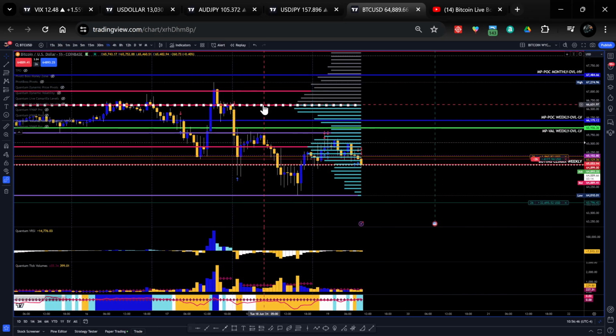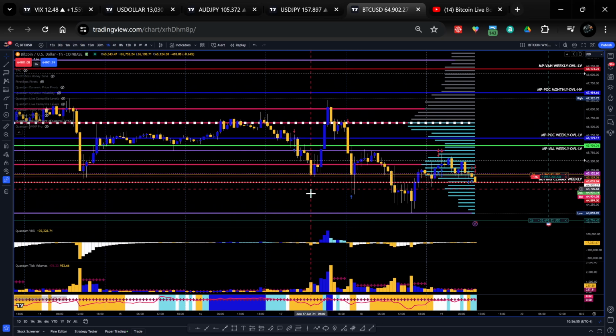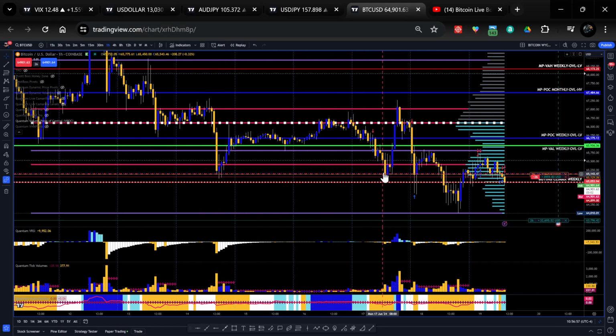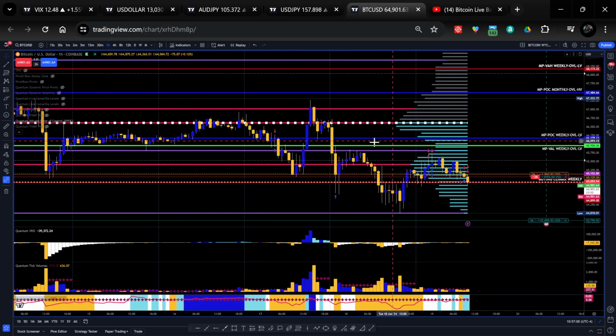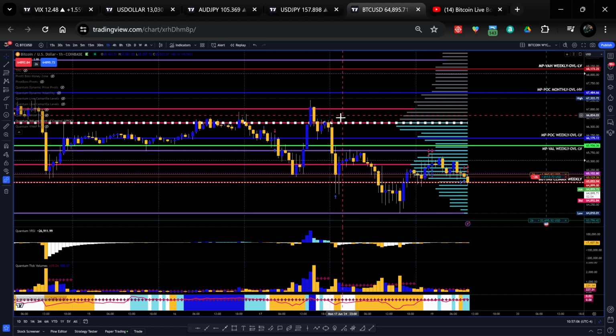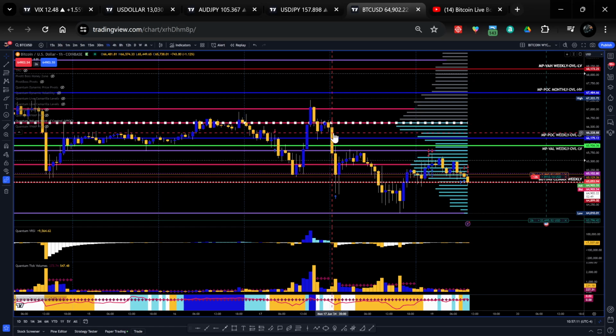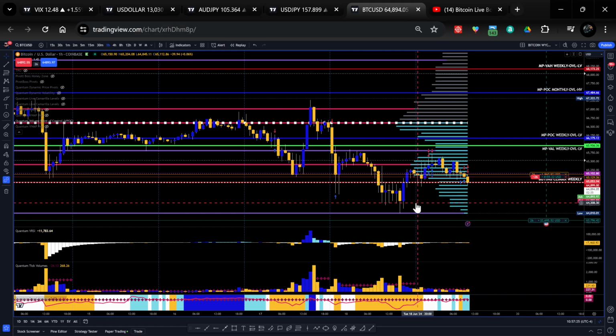You see, we have the volume point of control right up here at around 66,618.50, right? So we had a retest of that, broke down, retest, heavy selling from the volume point of control, which if you're into volume point of control and you know about it, you know that initiative sellers from the volume point of control is a big deal. That kind of starts establishing a trend. Once they get heavy selling from this area, which we got, that heavy aggressive selling from the volume point of control, that's establishing what the big players want to do.